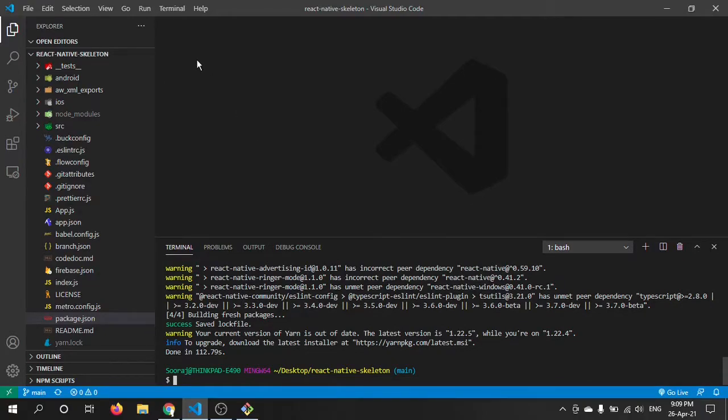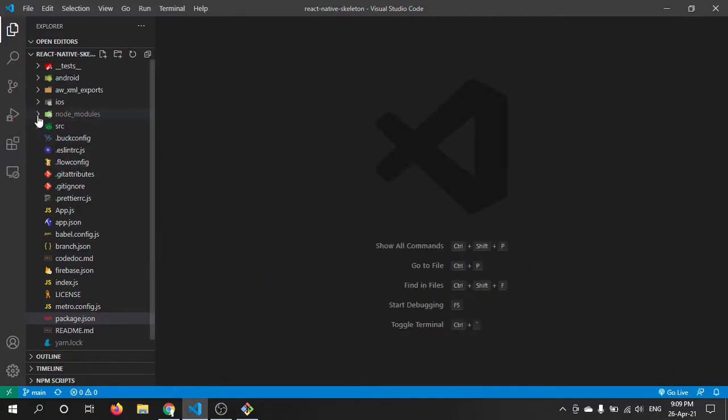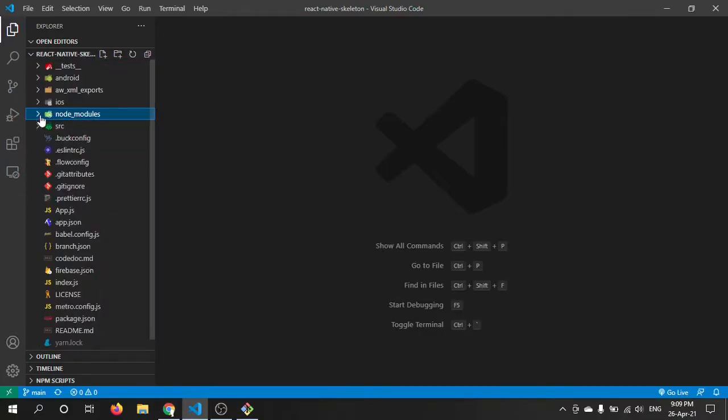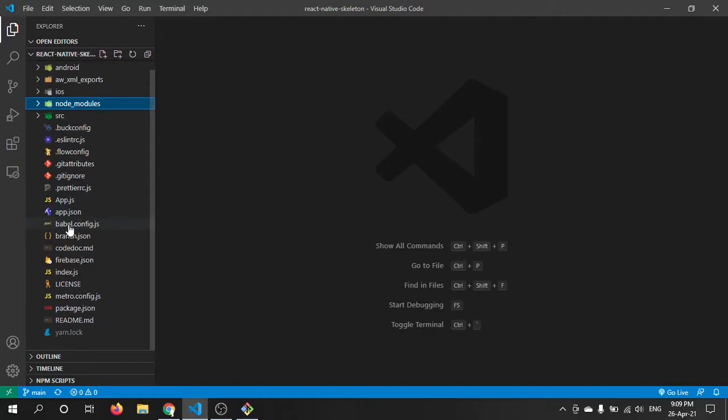We have successfully installed all those dependencies. If we look into this node_modules, we can see all those dependencies. Now we will go through all those important files over here, and we will look into this skeleton deeply.